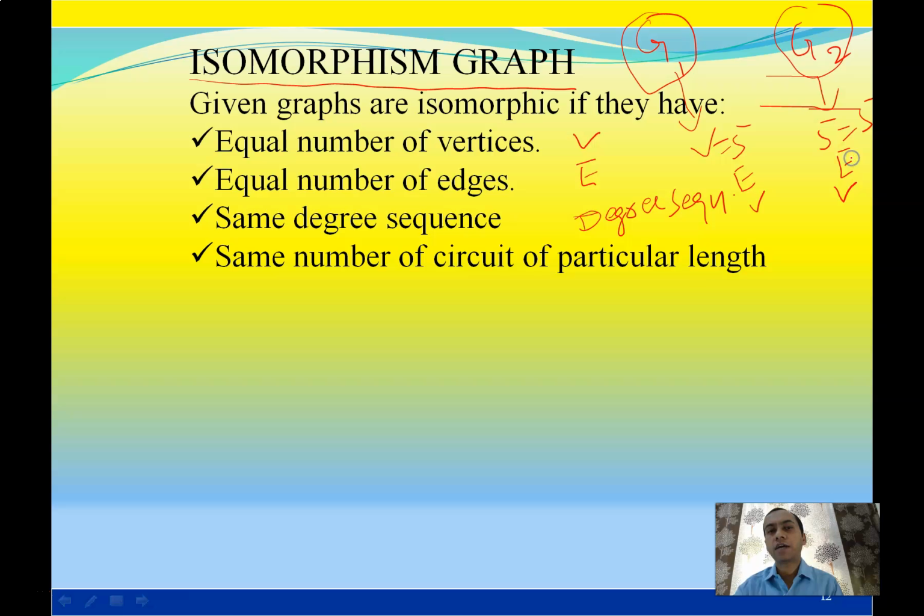4 वर्टेक्स यहाँ भी होना चाहिए। सर्किट और साइकिल फॉर पर्टिकुलर, जैसे 3 सर्किट लेंथ इसमें है तो 3 सर्किट लेंथ इसमें होना चाहिए। जैसे इसमें एक ऐसा साइकिल है तो इसमें भी एक ऐसा साइकिल है G2 में। देन वी से दैट इट इज आइसोमॉर्फिक ग्राफ, एल्स नॉट। सो सी एग्जाम्पल।